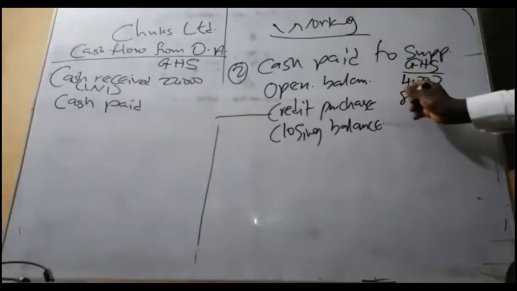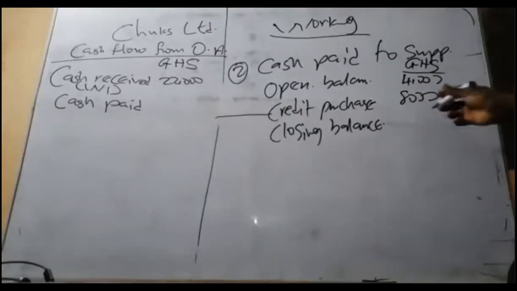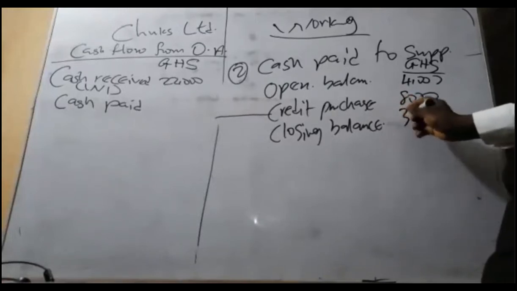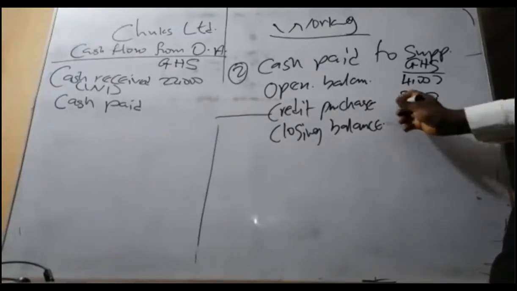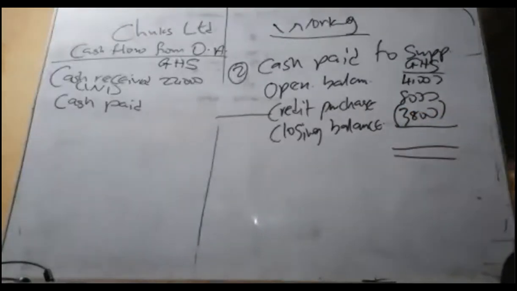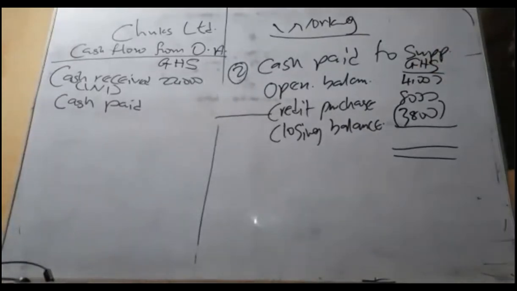Purchases is 8,000, so they give us 12,000. If at the end of the year only 3,800 is still owed, that means some people were paid. That means we paid an amount of